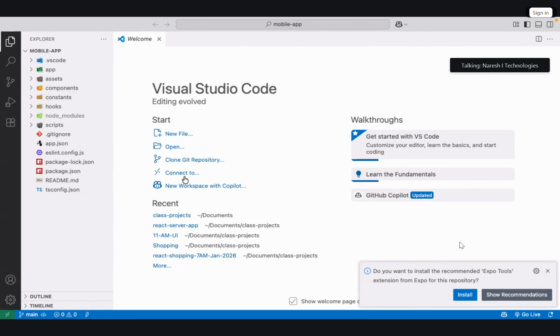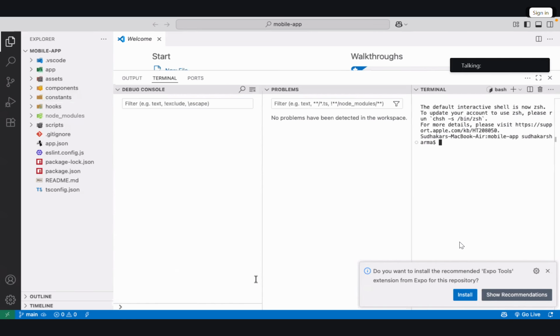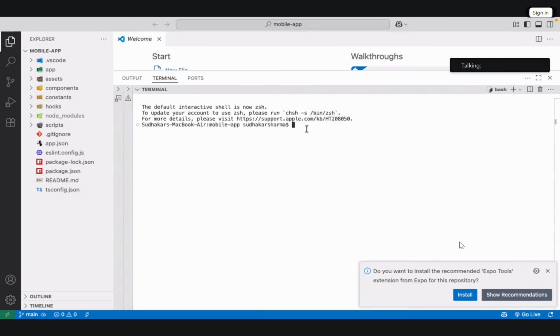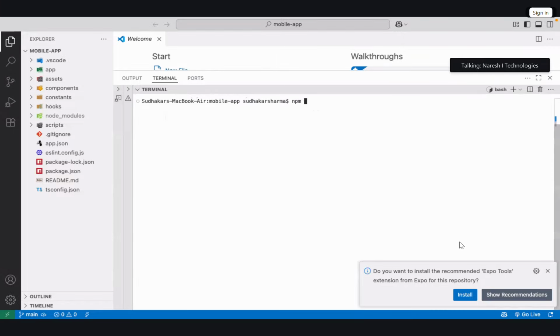And what is the concept here? You run this. So how do we run this? npm run web. There's also npm run android and npm run ios.